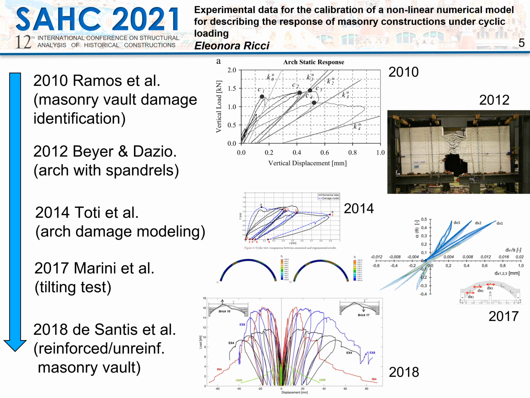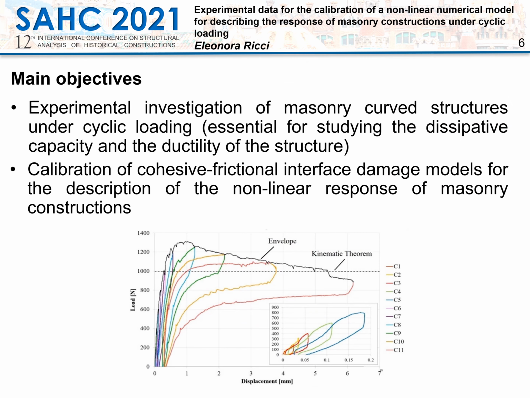Therefore, some research efforts have focused on the experimental analysis of the static response of the masonry material under cyclic loadings, in order to deepen the knowledge on the hysteretic characteristics of the entire structure, and provide the mechanical parameters needed for the calibration of the aforementioned models used to predict the seismic behavior of masonry structures and their loading capacity. In this context, the present study is aimed at the experimental investigation of the cyclic behavior of curved masonry structures, which is essential in view of their dissipation capacity and the ductility of the structure.